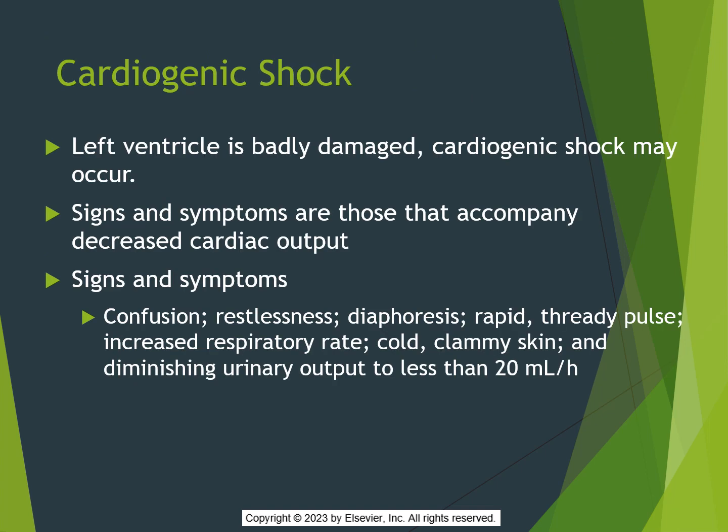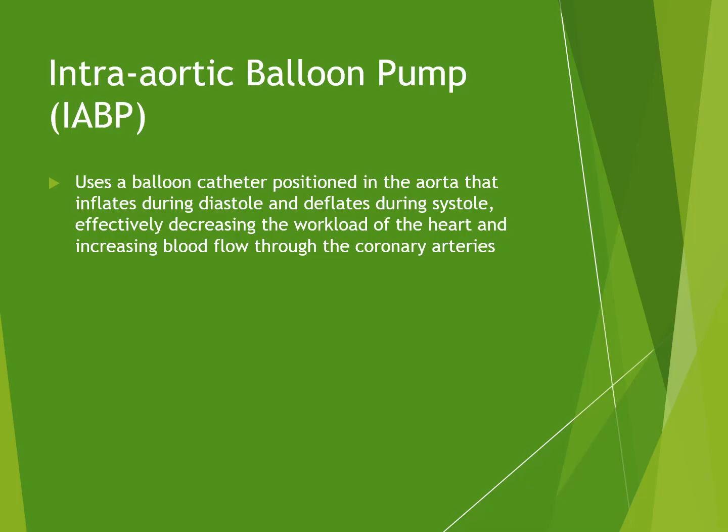If the left ventricle is badly damaged, cardiogenic shock can occur. Signs and symptoms include those that would accompany decreased cardiac output, such as decreased BP, confusion, restlessness, diaphoresis, rapid and thready pulse, increased respiratory rate, cold and clammy skin, and a diminishing urine output to less than 20 mL per hour. An intra-aortic balloon pump can be used to ease the heart's workload while it begins to heal. Only RNs who are certified in the care of patients using an intra-aortic balloon pump would be assigned to care